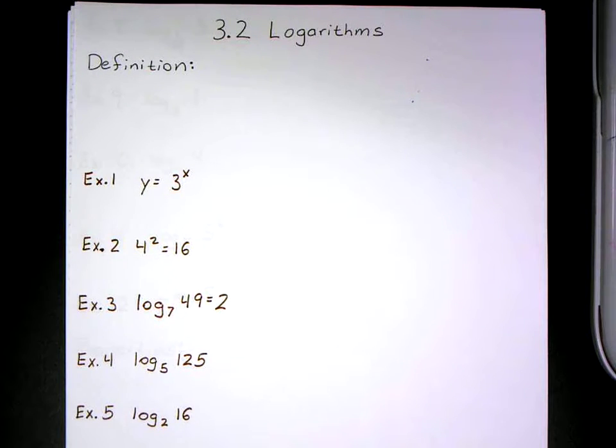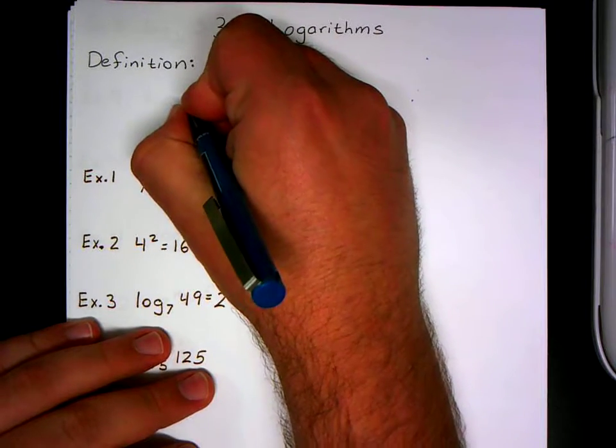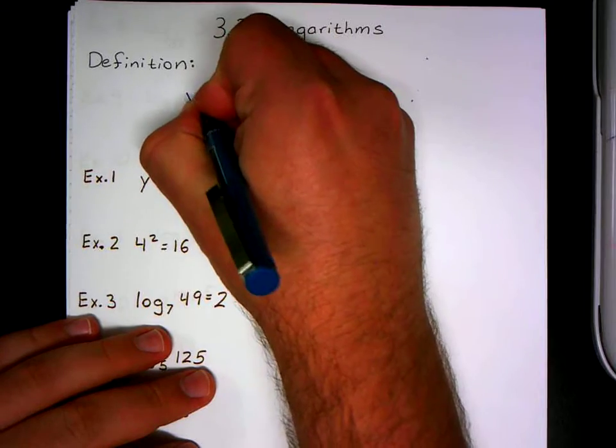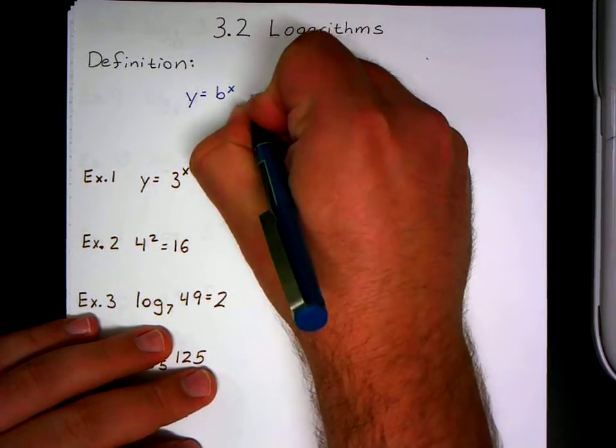Hey, basically a logarithm is the inverse of an exponential. A logarithm takes an exponential and it gives you the exponent back as the answer. So if this is my exponential and I change that into a logarithm,